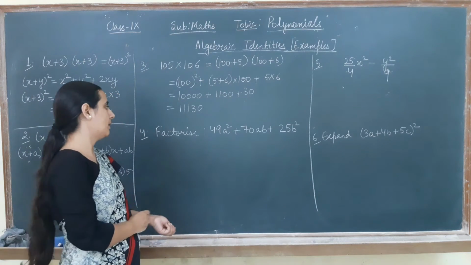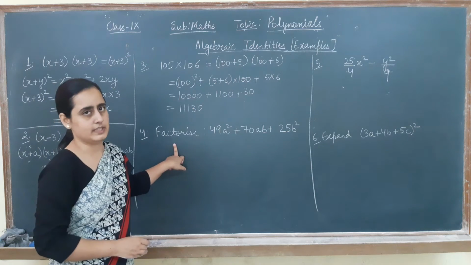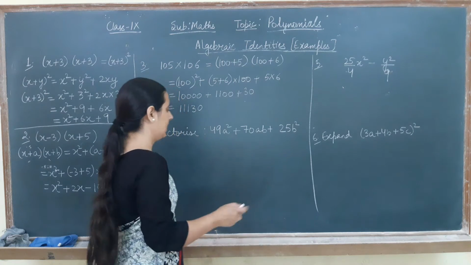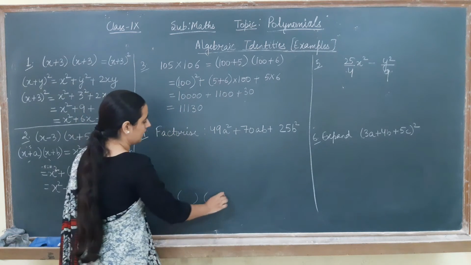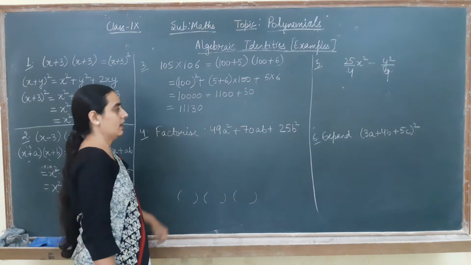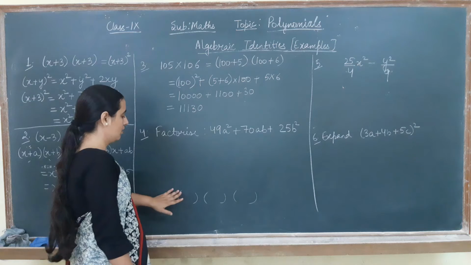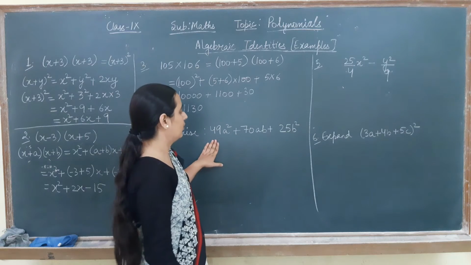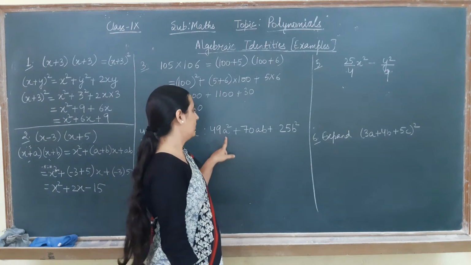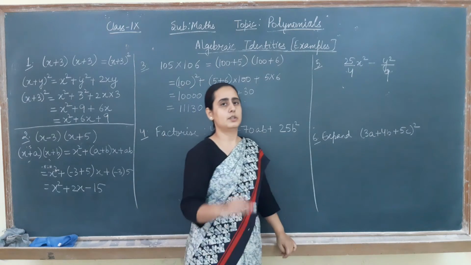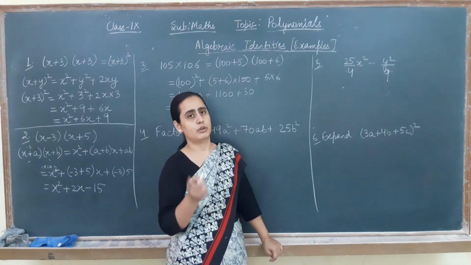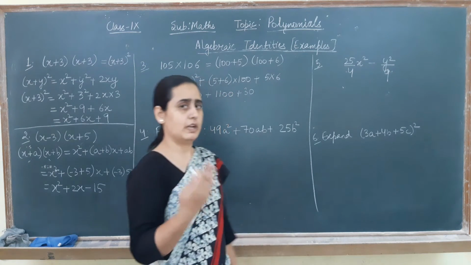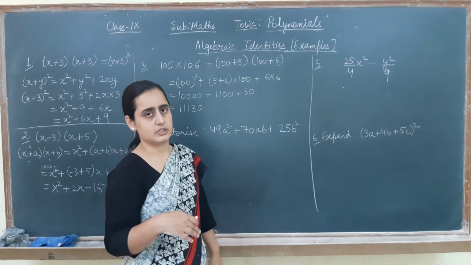Coming to the next question, it is factorize. Now factorize means you always have to make the factors. And factors means you will always get the terms in product form, brackets form. As the degree is 2, we will get 2 factors here. Now how will we do it? See, it is not a simple quadratic equation in one variable, so we will try to apply the identity. As I told you, you have to remember the identities in both ways, left to right or right to left also. Right to left we generally use in factorization.